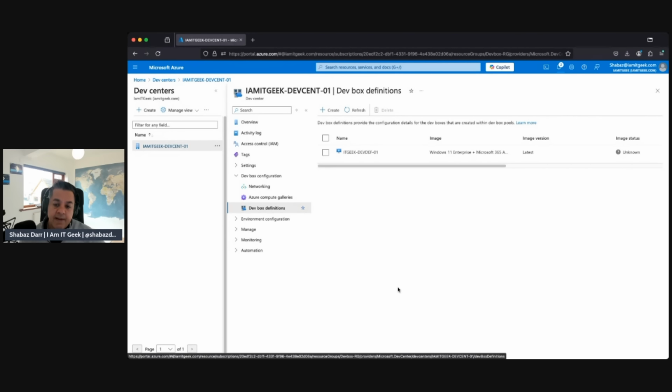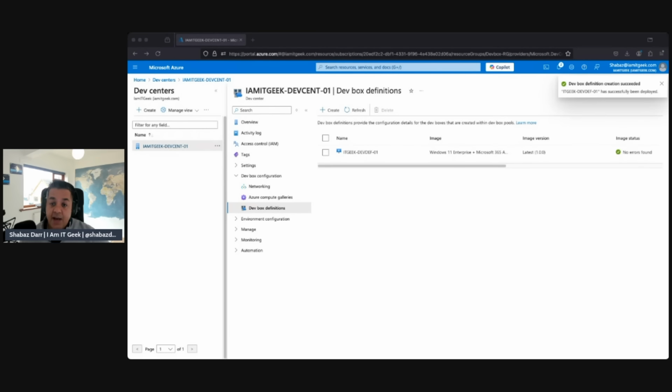So you're never going to have just one image, right? You're never going to have one DevBox definition. And then you can create your own image with more applications on if you wanted. Again, I'm not going to cover that. If you've done VDI before, if you've done AVD, you know how to create your images. And if you add it to your image library, you should be able to add it to your definitions. So just wanted to cover there how to